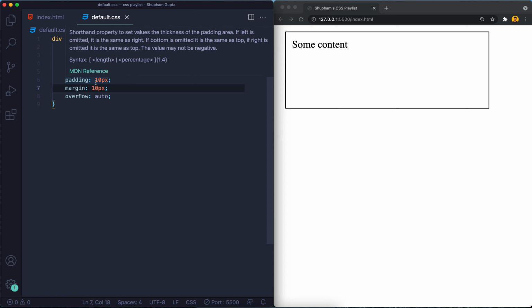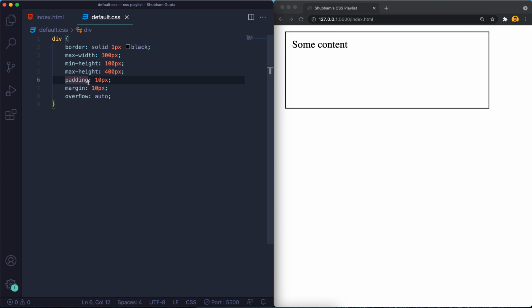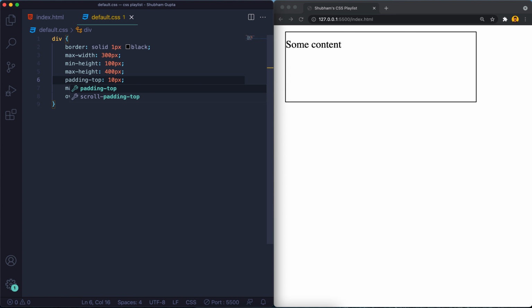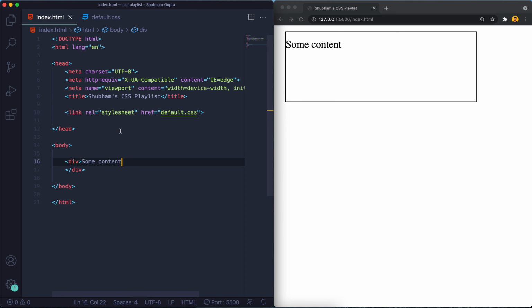We can give specific padding, like only padding top. This is only getting padding from the top, not from the left. You can have padding right. For that we must have some content, at least one line of content.